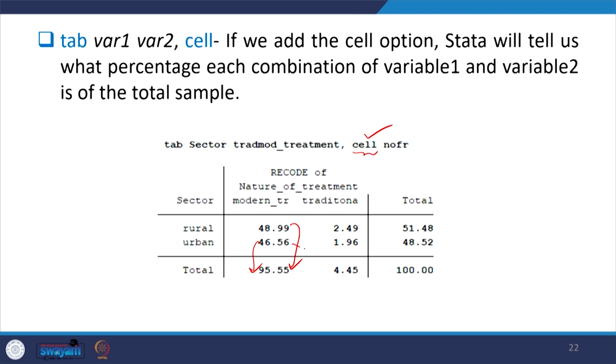But in this case, it is not derived that way, it is derived straight from the 100 of the total. Out of total persons, both rural and urban, and in this case nature of treatment, how much percentage falls in one cell. This is one cell, this is the second cell, the third cell, the fourth cell. So in each cell, what is the percentage? The total would be your 100 instead of either the row or the column.